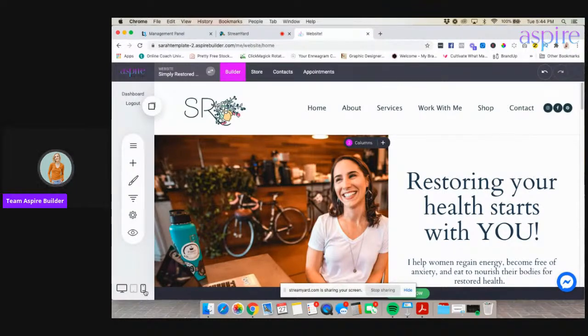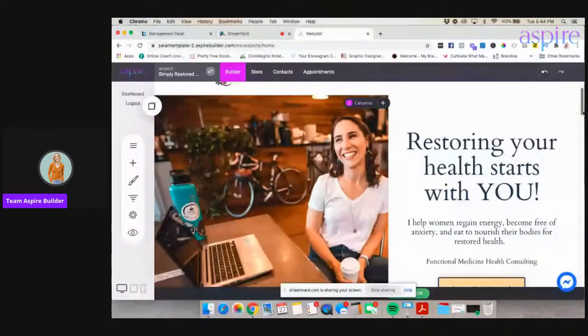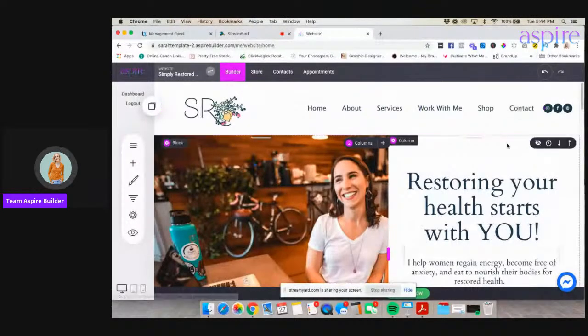Basically, every time you change anything on your desktop view, you need to always, always, always make sure that you go on mobile view and also update that, because they will be two separate designs. You're going to have blocks that only show on mobile and don't show on desktop. This makes your mobile a lot more customized, really optimized for people on their mobile phone, because naturally